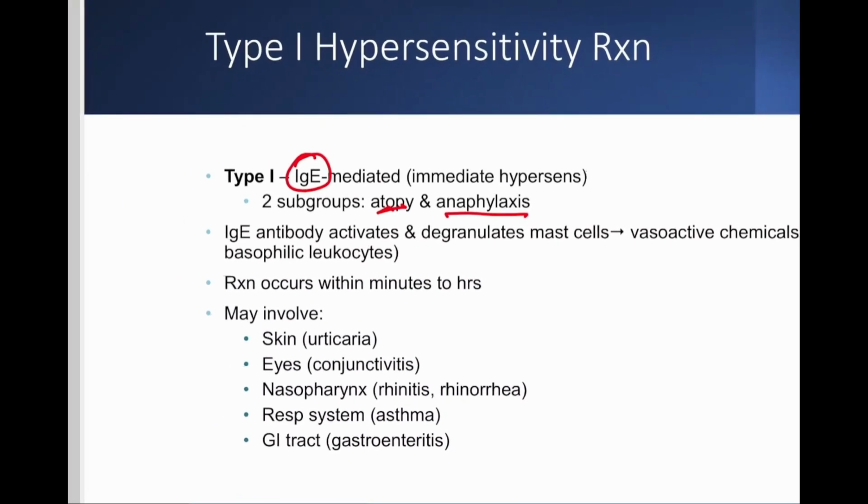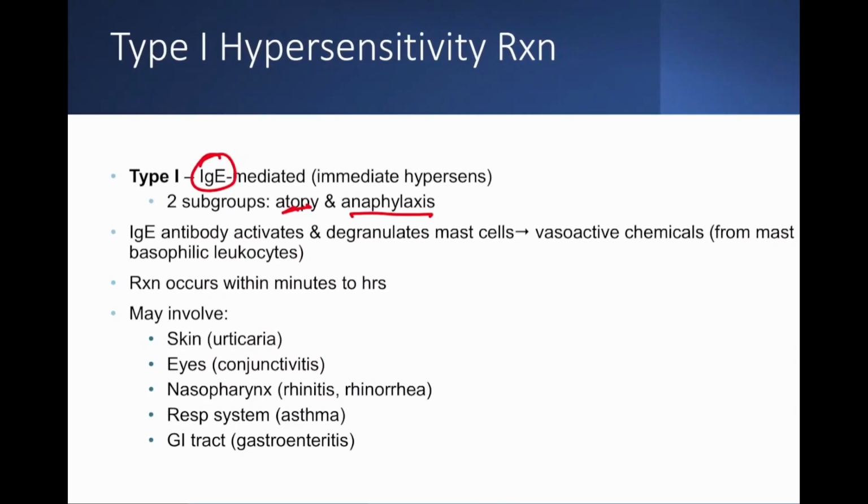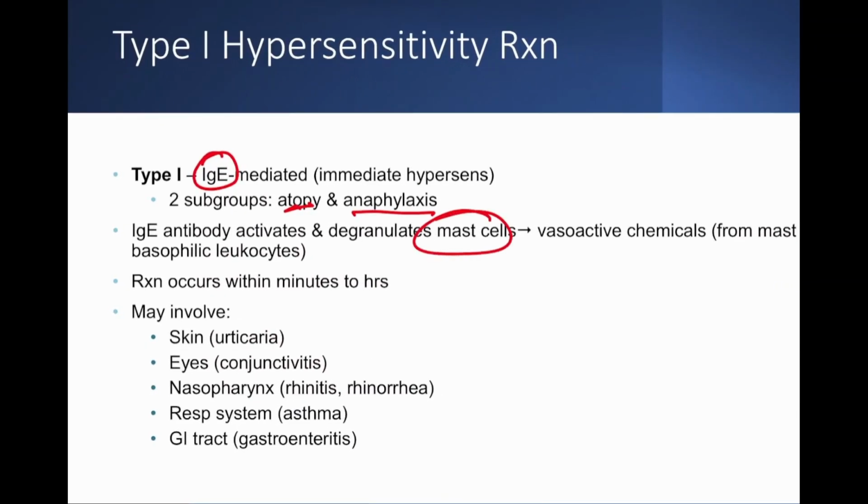So when these IgE antibodies come out, they activate and degranulate mast cells. What do mast cells dump out? Histamine. Well, granules, but they're going to be histamine. Okay, histamine causes the leakiness. Remember we talked about the histamine reaction in the very beginning of inflammation. If the histamine comes out, it causes these cells to become very leaky.